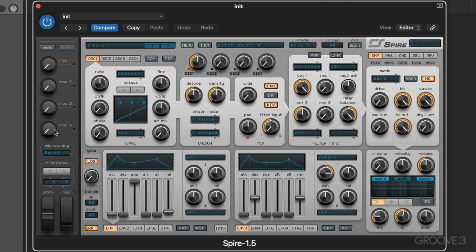Okay, so let's have a little recap. So preset browser over here, the top menu bar up here, we have our menu, initialize patch, this display which shows us the status of parameters, their levels, etc. Polyphony modes here, number of voices, MIDI learn. We then have oscillators, the unison section, mixing here, and the 4 mix styles for each one of the oscillators,